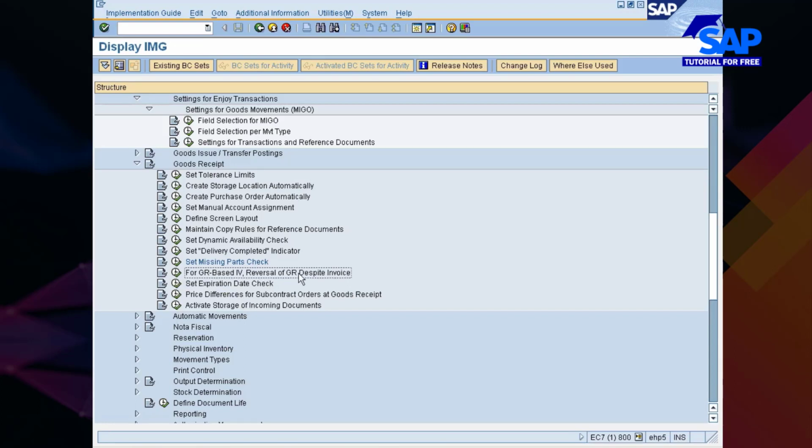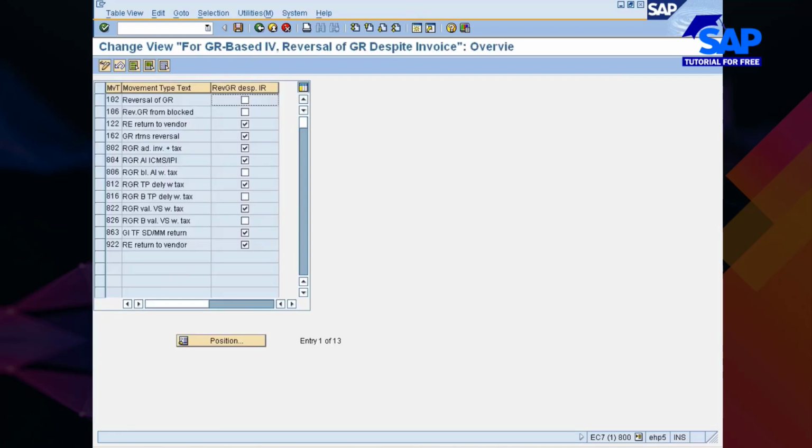This is the place. For goods receipt based invoice verification, reversal of goods receipt despite an invoice, you have to check it. Okay, 102 movement type, you check this one. Reversal of GR means what? Cancellation only, right? 102 movement type. If you check this one, it allows you to post goods receipt reversal even though there is an invoice. But SAP recommends not to do it that way.